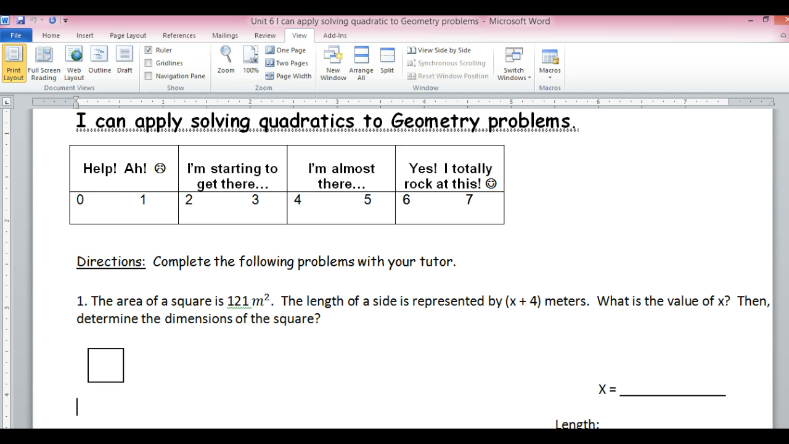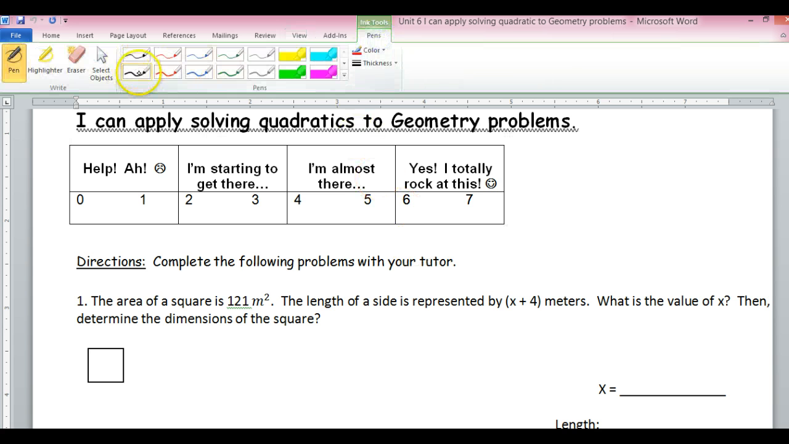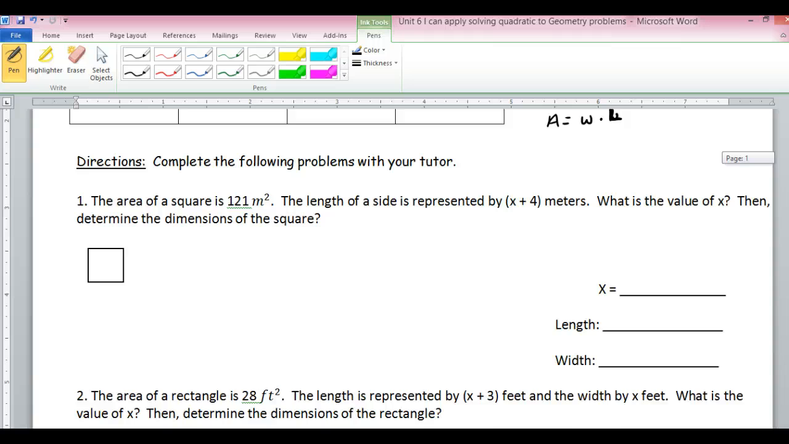involves geometry. One thing you have to first know is if we are given a rectangle, and I have the width and the length, when we go to find the area of a rectangle, what we do is we multiply the two. So area is equal to length times width. As we go to apply this,